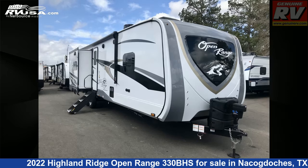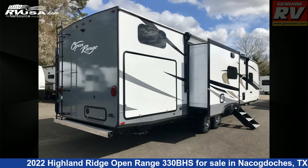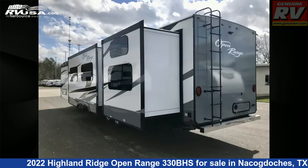This 2022 Highland Ridge Open Range 330BHS is a travel trailer RV. It is located in Nacogdoches, Texas, 75964 and is offered for sale by Genuine RV Store. This new Highland Ridge is 39 feet 4 inches in length and features 4 slideouts, a boardwalk interior, sleeps 9,